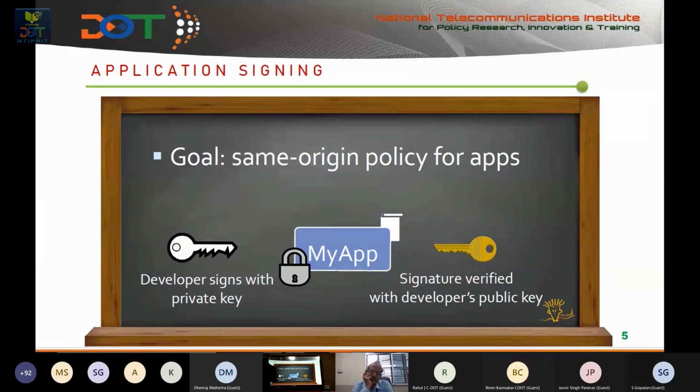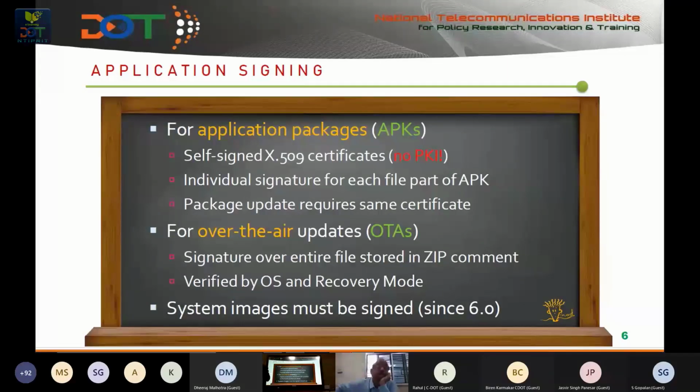So this is one important thing whenever a developer develops: he has to sign the application with a special key, and this key identifies what the application is and what the source of origin of that application is. For the application packages, every application is signed by a certificate. If you see this slide, there is a self-signed